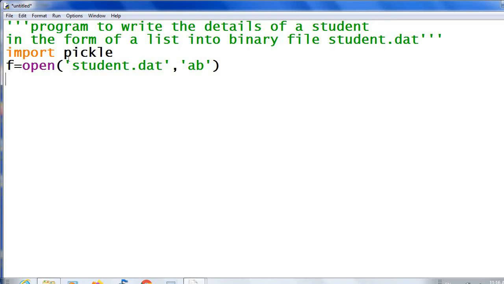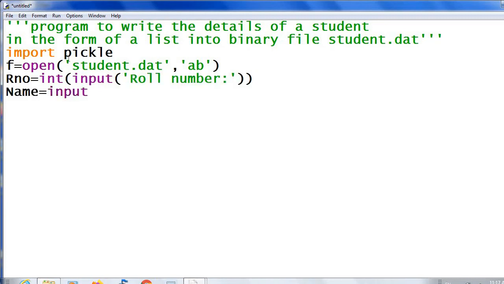Next we have to create a list with student details. rno equal to int of input roll number, then name, input name, then mark equal to float of input mark.